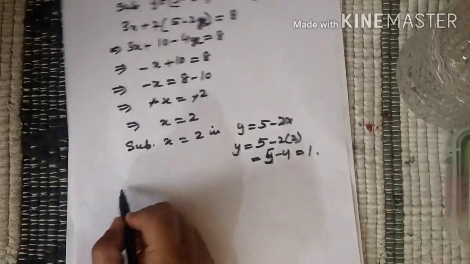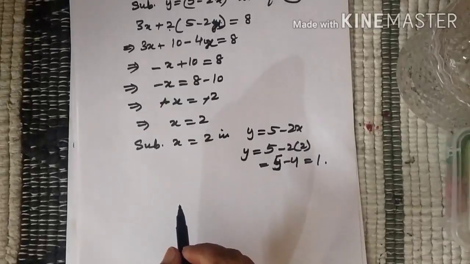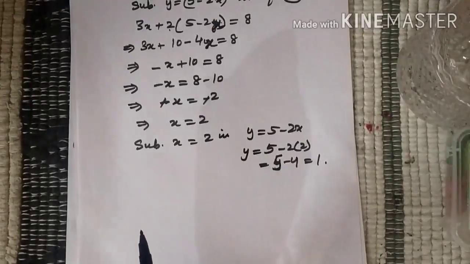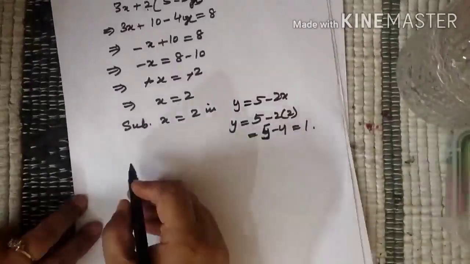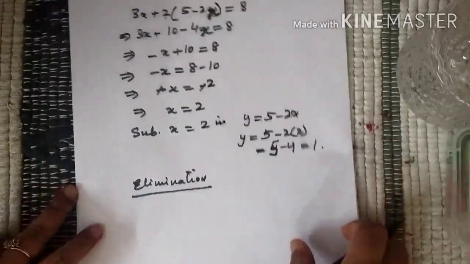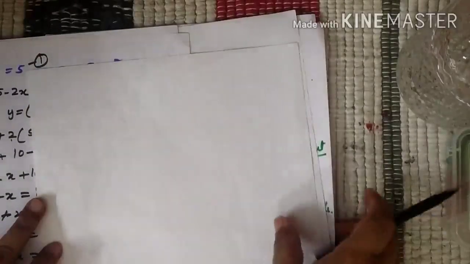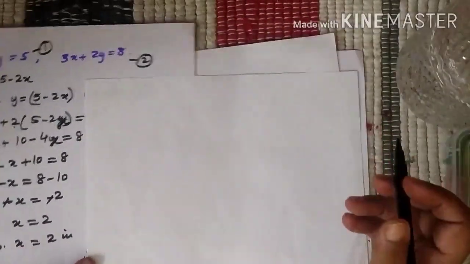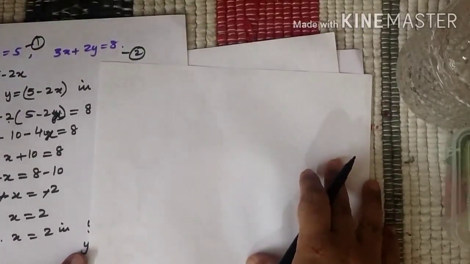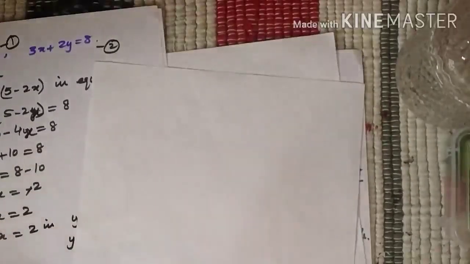Now the elimination method. If I solve it by the elimination method, what do we get? In the elimination approach, what do we do in these equations? We make the coefficient of one of the variables the same. Elimination method, as the name itself says, we try and eliminate. We will have to eliminate one of the variables. How do we eliminate one of the variables?